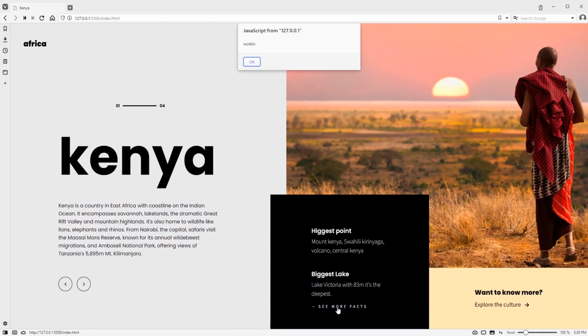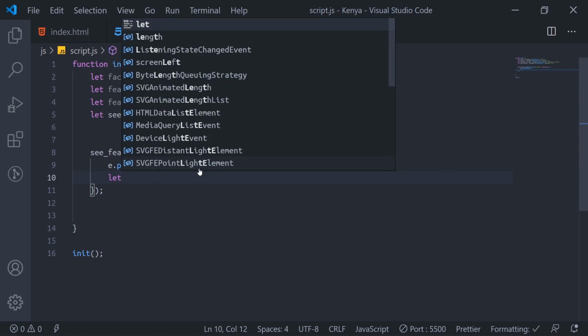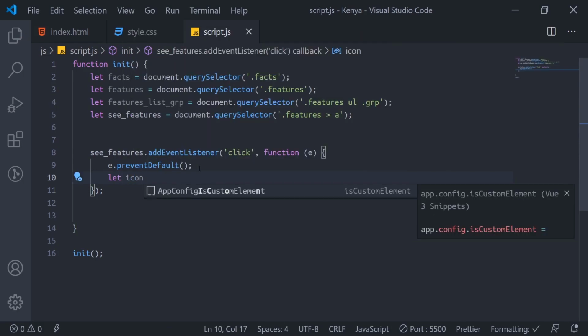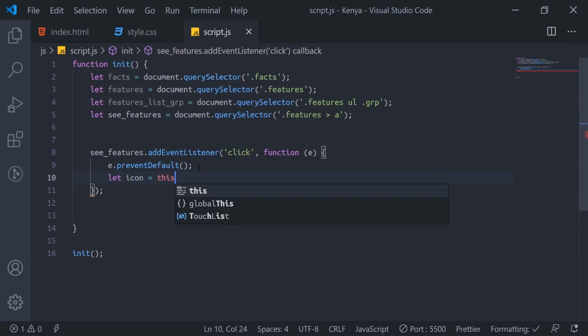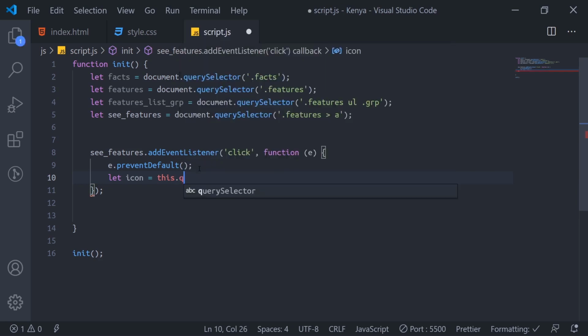So if we click, see, it's working. That means our event has already worked. So now we want to click this thing here, then make this hyphen turn to X first. Then after it turns to X, before this one called expand goes. So what we will do, we'll say let icon equals this. That means this thing where you click. So that's anchor tag dot querySelector.